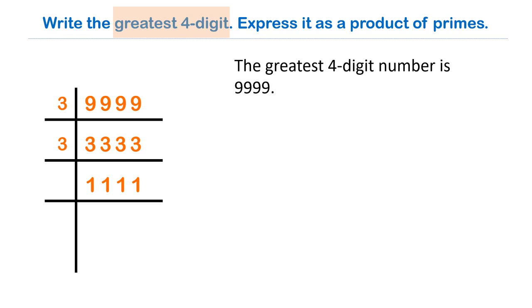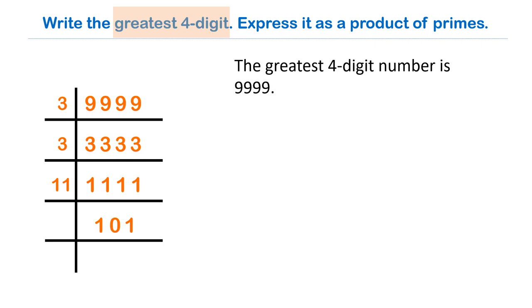So first we take the sum of all the digits at odd places, which is 1 plus 1 equals 2. Now we take the sum of all the digits at even places, which is also 1 plus 1 is equal to 2. Now take the difference of the sums at odd places and at even places, which is 2 minus 2 is equal to 0. So 1111 is divisible by 11. So write 11 to the left of 1111 and divide. We get 101, and 101 is a prime number.